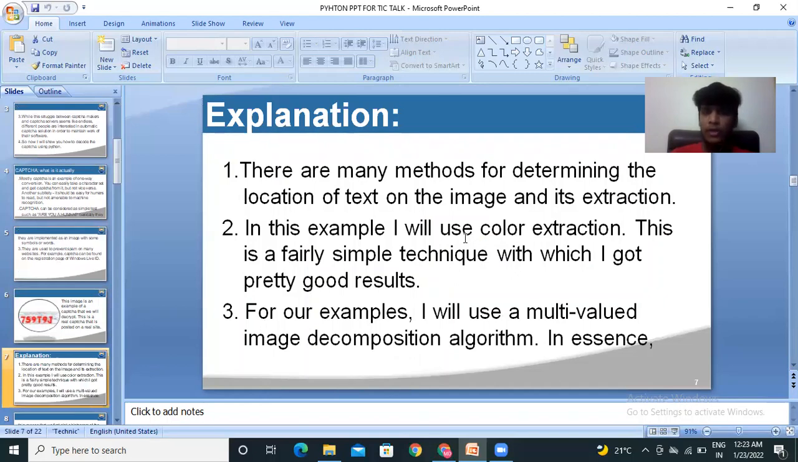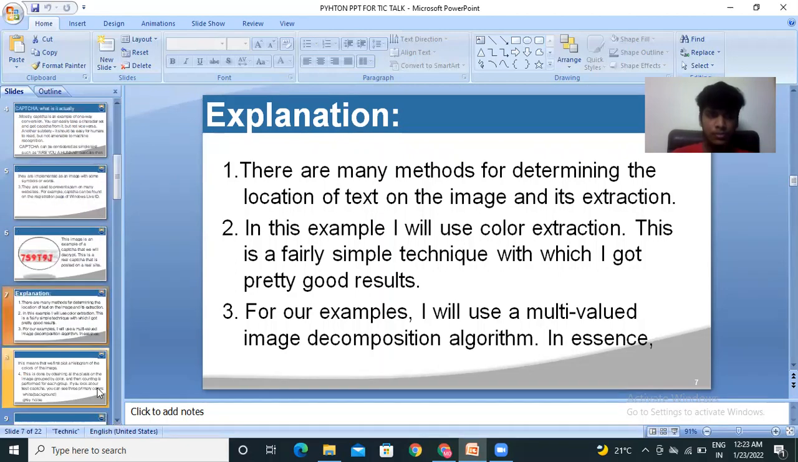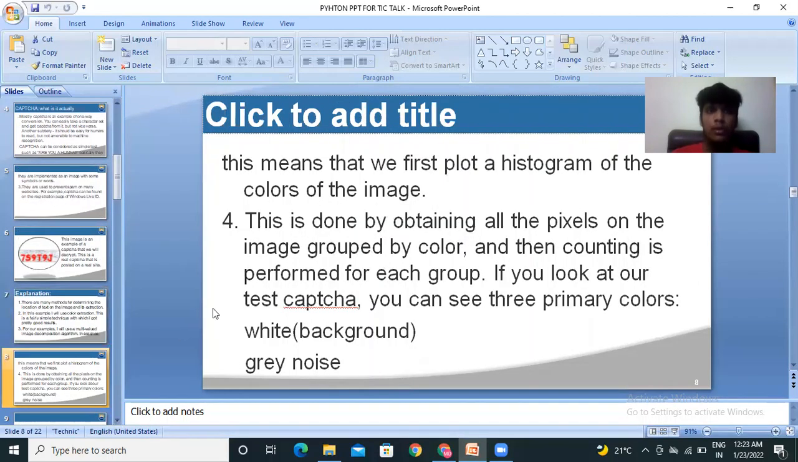In this example, I will use color extraction. This is a fairly simple technique with which I got pretty good results. For our examples, I will use a multi-valued image decomposition algorithm. In a sense, this means that we first plot a histogram of the colors of the image. This is done by obtaining all the pixels on the image grouped by color,